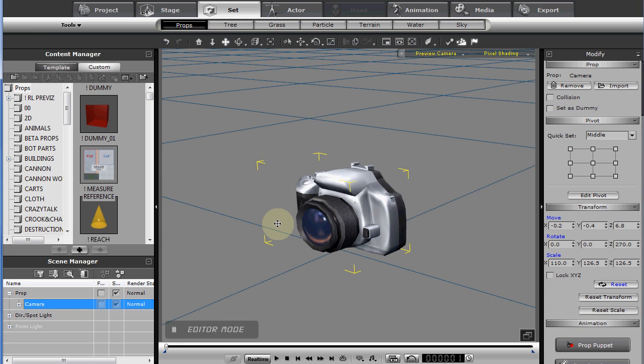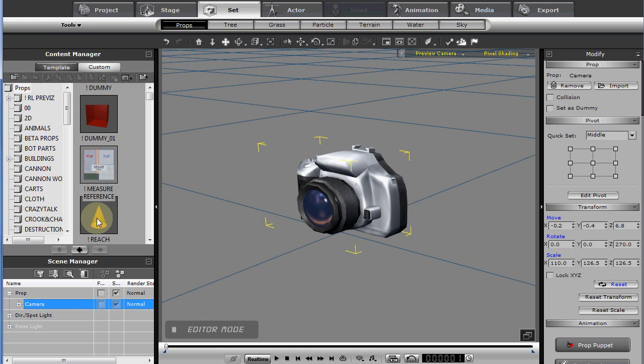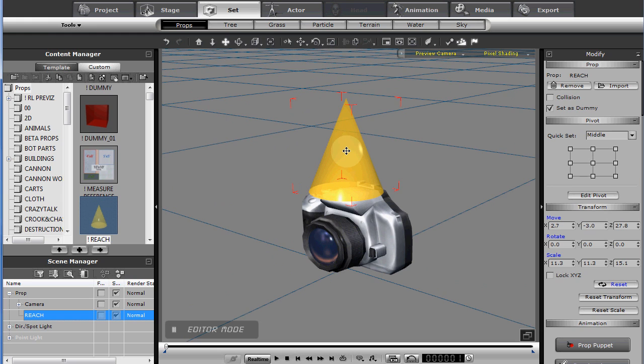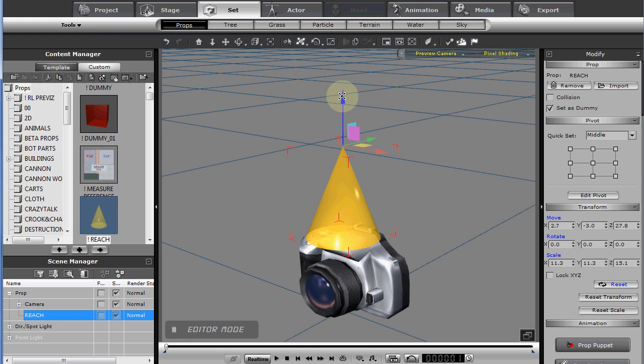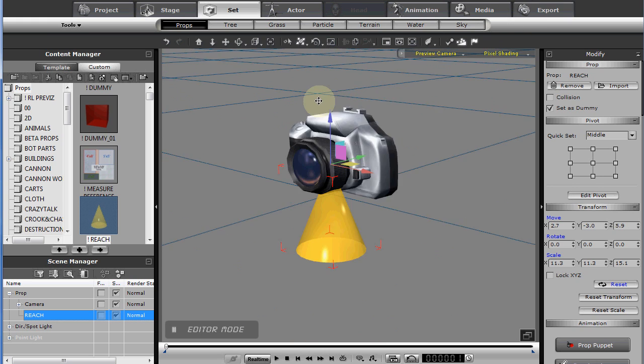Okay, so as you might have guessed, we're not done with our camera yet. We're going to add some reach target dummies to it. Basically, I've just taken a cone and I have adjusted the pivot point. Notice the pivot point is at the top of the cone here, and I've set it as a dummy. And you can now turn that dummy's visibility off with Control D on your keyboard. So I've adjusted the pivot point, and I've made it a dummy, and that's going to be my target for